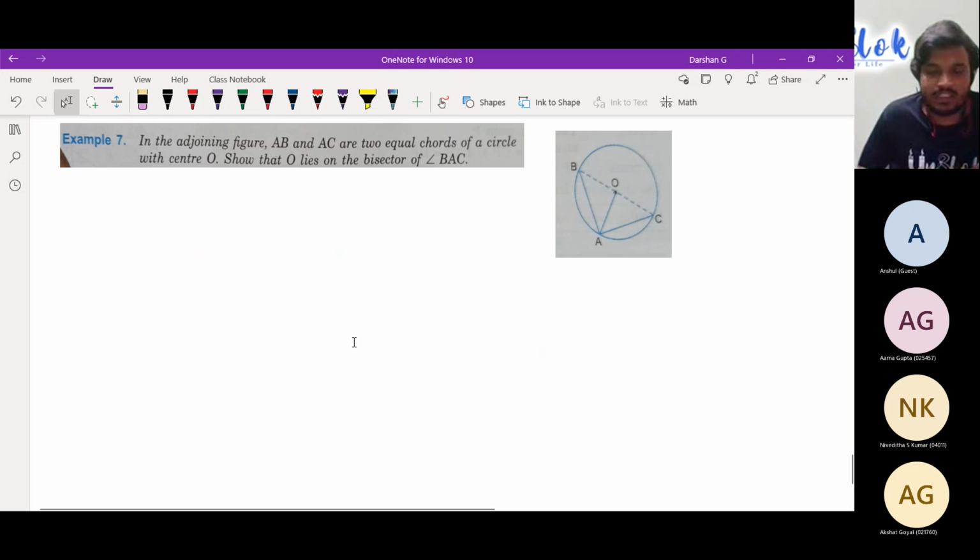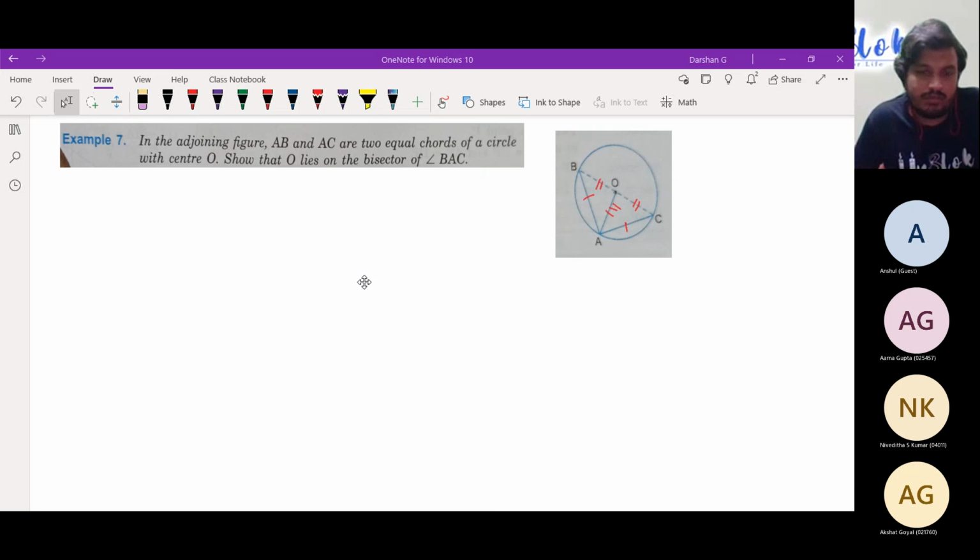Anyone with the answer? Just a proving kind of question. You can be faster doing this. You have to prove the congruency of OAB and OAC by SSS. That's true, SSS postulate. AB and AC, they have told us are the same. BO and OC are basically radii. This is the common side. So by the SSS postulate, we can tell it is congruent. And from there, I don't think there is anything stopping you from proving that it is equal.